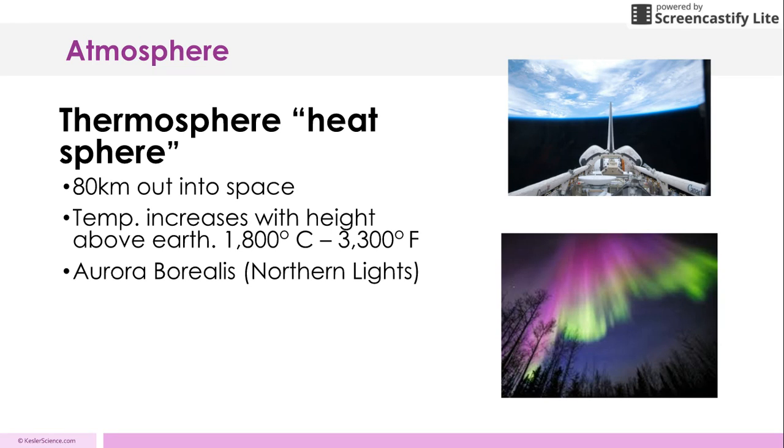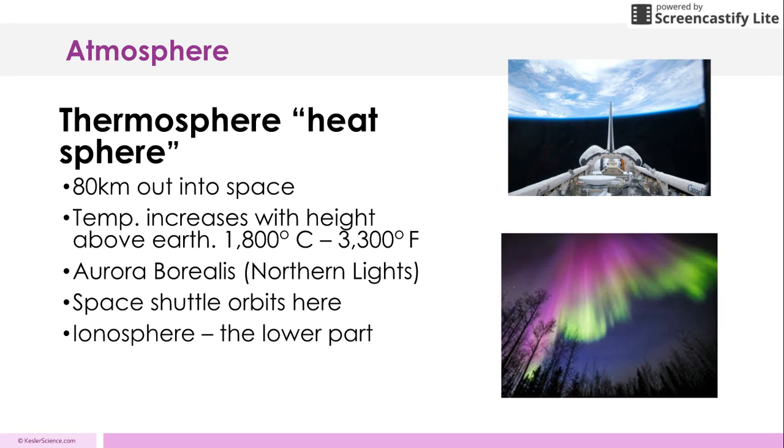This is where you find the northern lights, or why we have northern lights. The aurora borealis are the northern lights. Space shuttles orbit here, and the ionosphere is the lower part, and the exosphere is the upper part. So the ionosphere and the exosphere are both part of the thermosphere. The ino is the lower part, and the exo is the